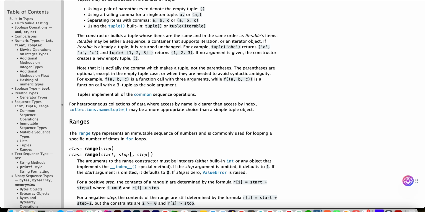Note that it is actually the comma which makes a tuple, not the parentheses. The parentheses are optional, except in the empty tuple case or when they are needed to avoid syntactic ambiguity. For example, f(a, b, c) is a function call with 3 arguments, while f((a, b, c)) is a function call with a 3-tuple as